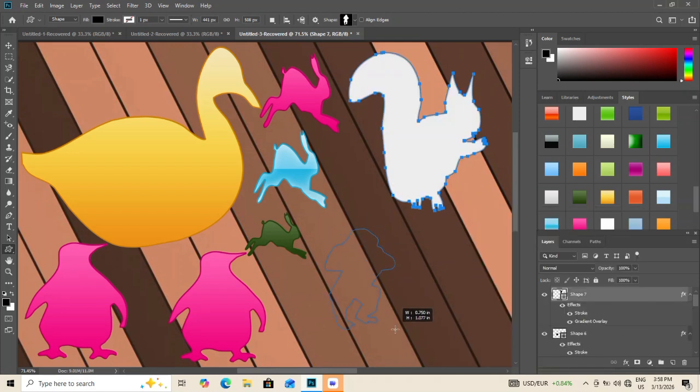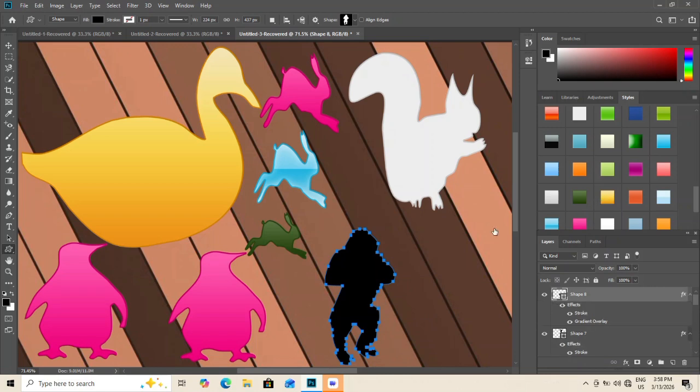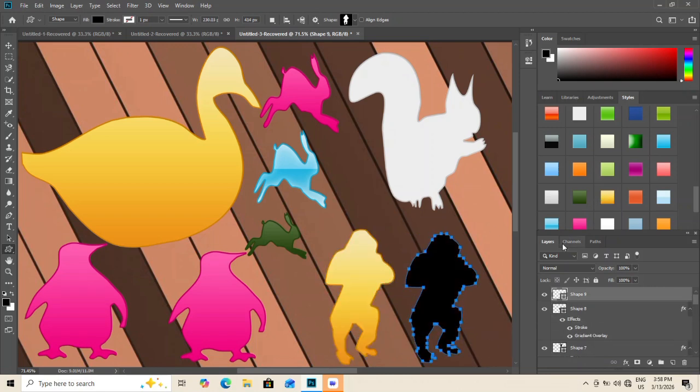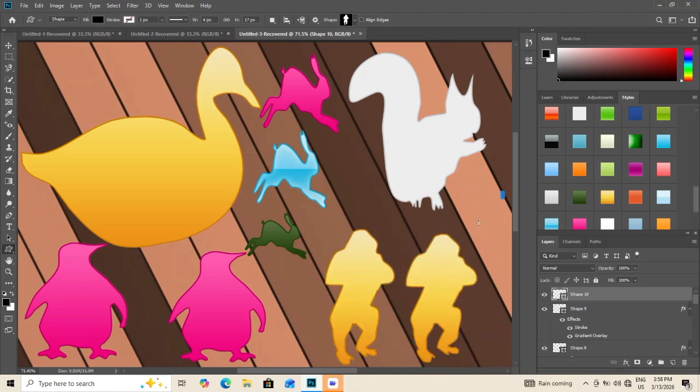Duplicate the layer and apply Filter, Other, High Pass with a radius around 1.8 to 2 pixels, then switch the blend